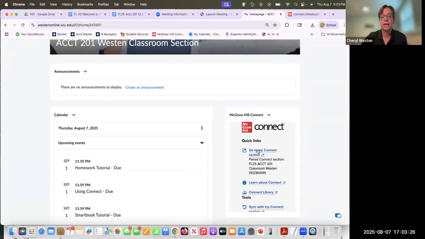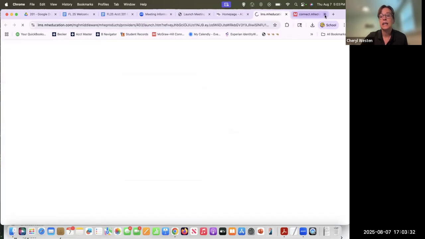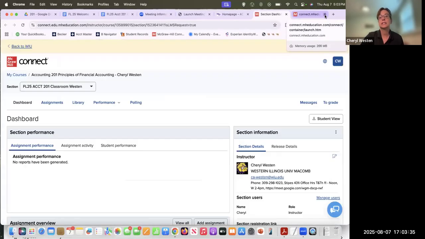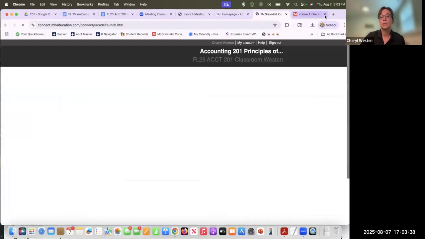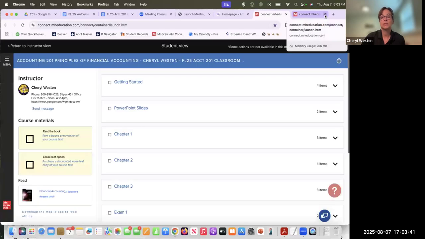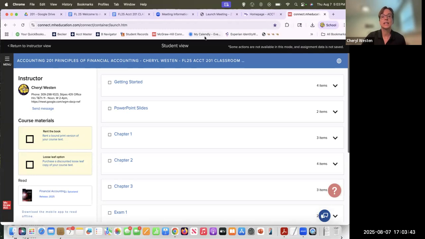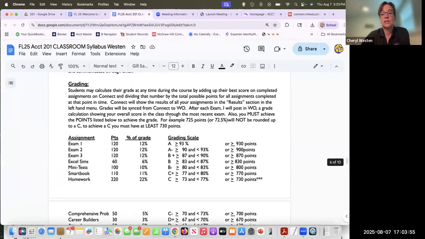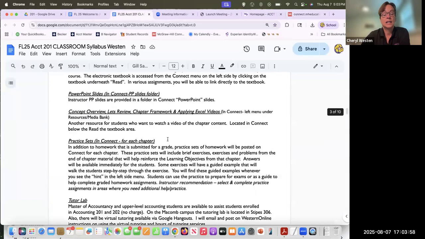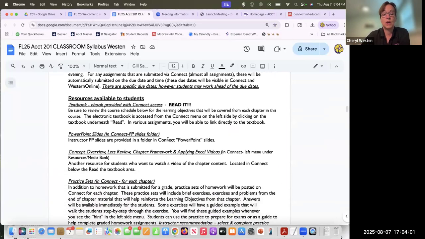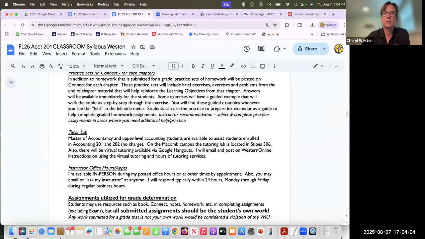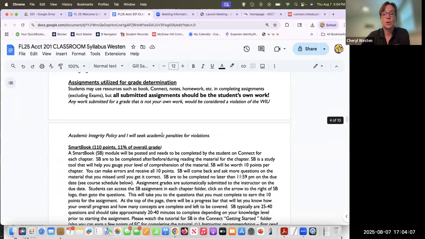So over here on the right-hand side, it'll say go to my Connect section, and you can click on that. And if you haven't registered yet in Connect, it's going to ask you questions about whether you want to register for this course. And yes, you would want to do that. You would need to set up a Connect account if you don't have one already. And if you've got a code, you can enter that in, but you don't have to yet. You can just say you want to enter the class with the free trial. You've got, I think, a week or maybe a little bit longer before you'd have to